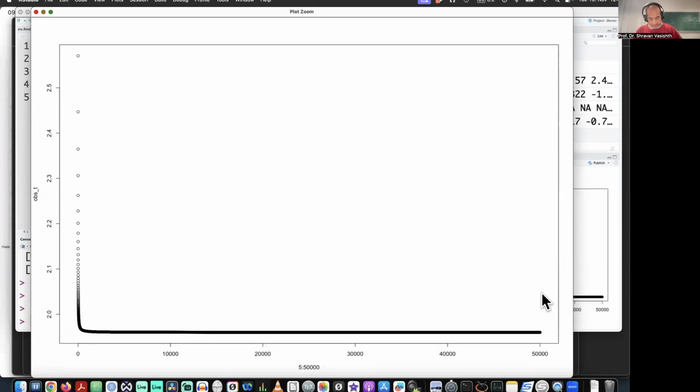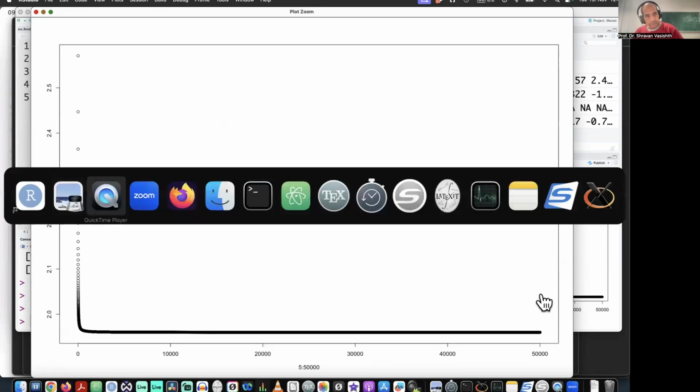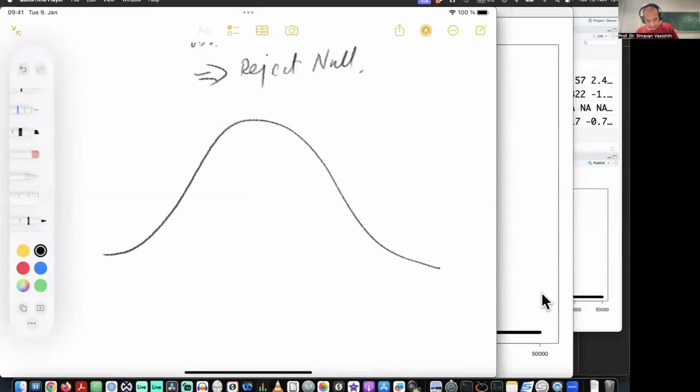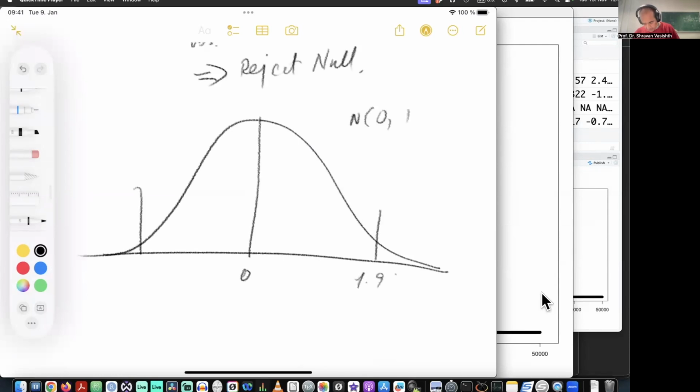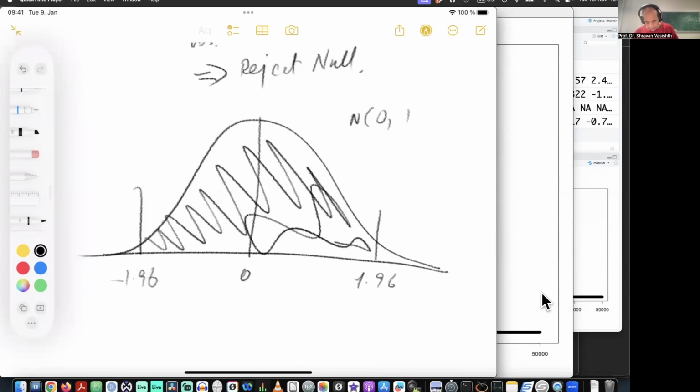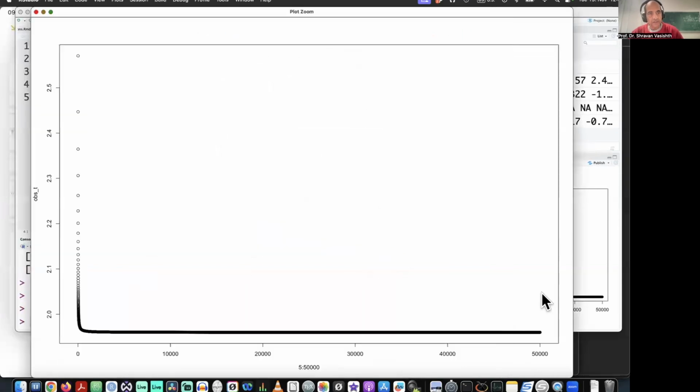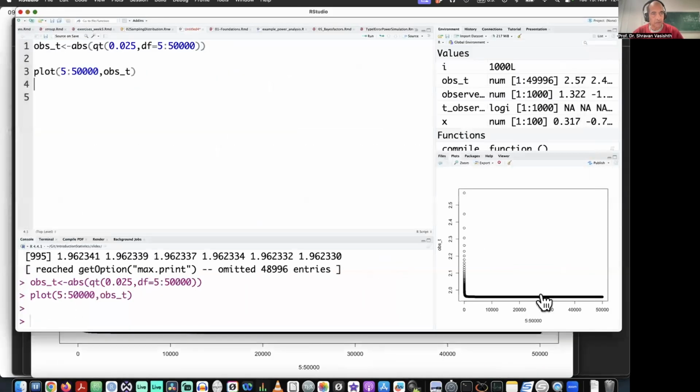Let me draw this. So just to remind you, in a standard normal distribution, centered on 0, 95% of the area under the curve lies between plus minus 1.96, right? And so as you increase sample size to 50,000 in my example, in my R code, as we increase the degrees of freedom to 50,000, that means we go to 50,001 sample size, right? We basically end up with